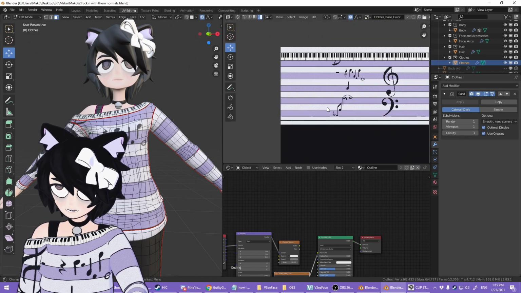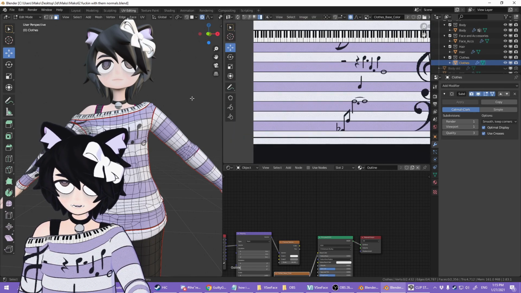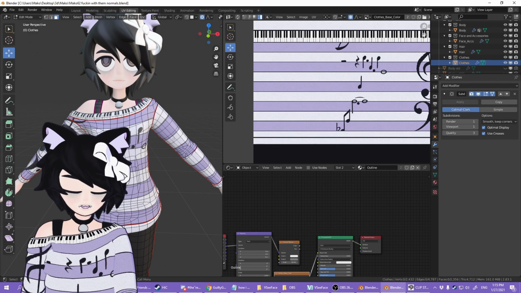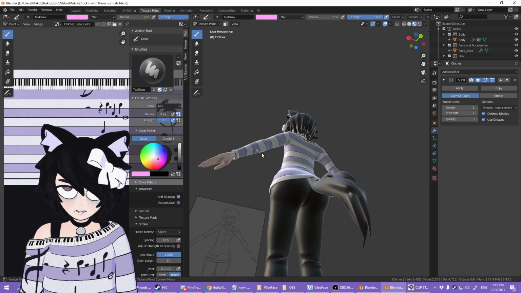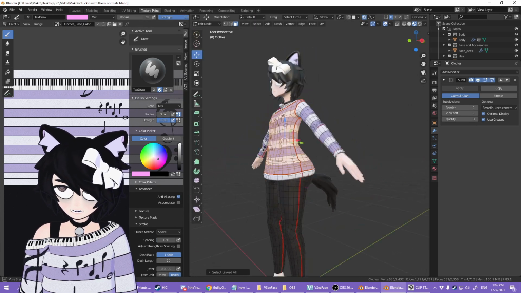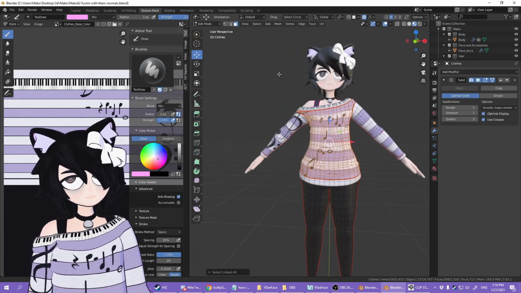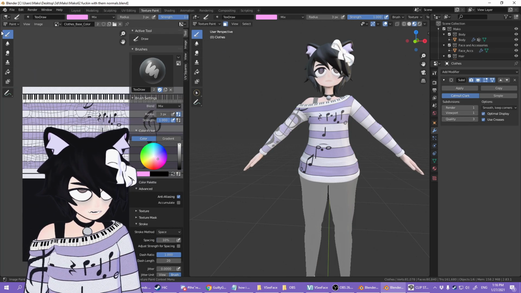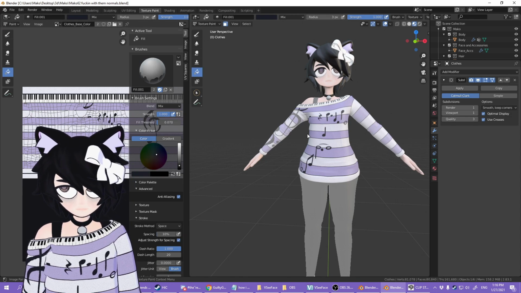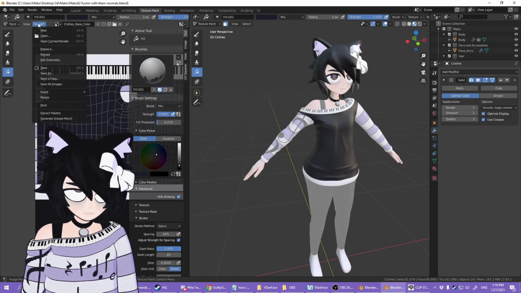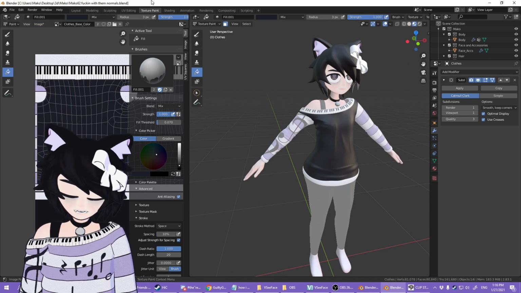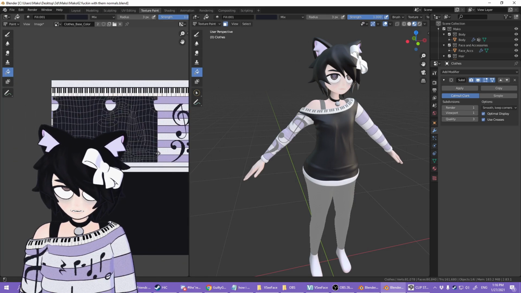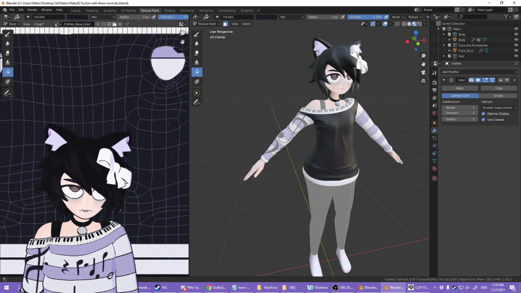Also, in case it's not obvious, I did not make this texture in Blender. Blender is a modeling program, it is not an image editing software. What I actually ended up doing was I went into Texture Paint, and I selected all of the torso areas. Now use that texture mask thingy, and I just filled in a color. Then I saved this image, and I opened it in my image editing software of choice, which in my case is Clip Studio Paint. Very good program, by the way. It's only $50. It's better than Photoshop and Paint Tool SAI.